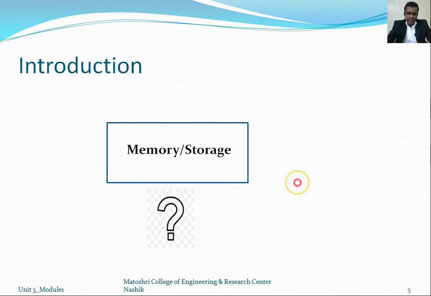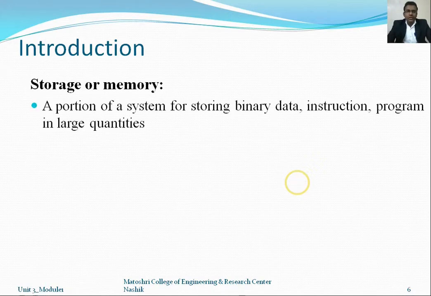So what is memory? Memory is the location where data, instructions, programs and coding bits can be stored. As we studied in the first chapter, the data is available in analog form, and then we convert it into digital form. That digital data we store at a particular location, and that location we call memory. Similarly for the instructions,